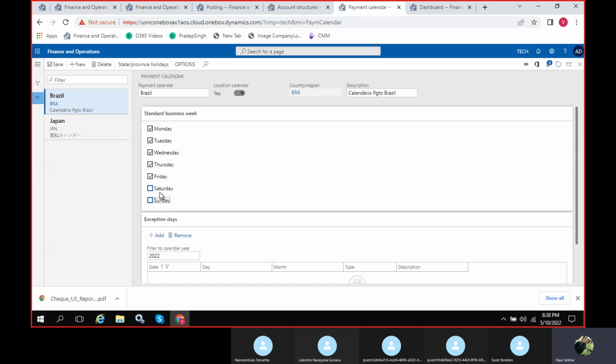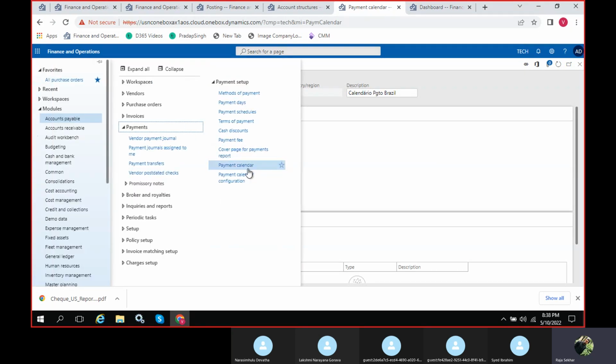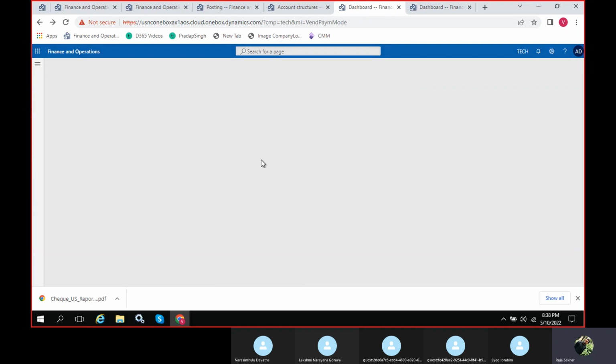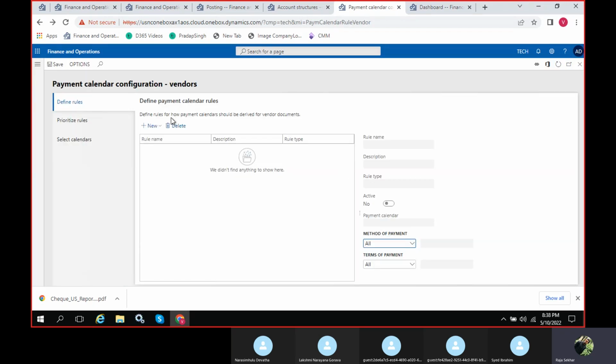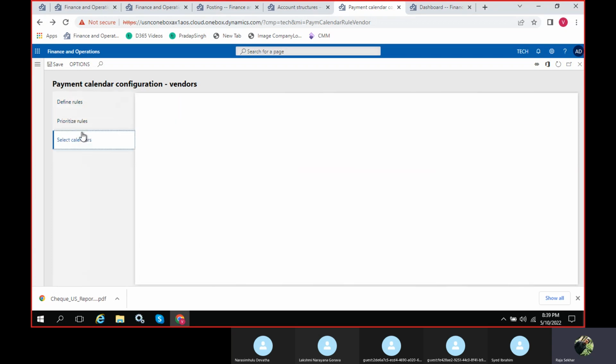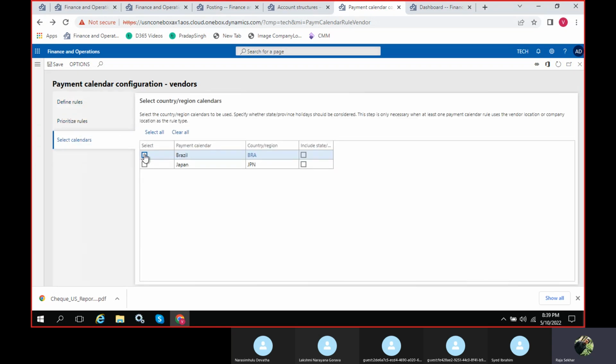If you define it here, on these days you can't make a payment, or you want to make payments only on Saturday, Sunday, you can do that. And payment calendar configuration, this is just configuration again, usually not required.